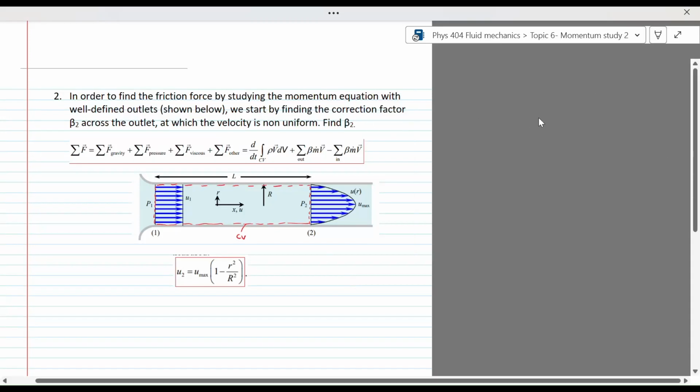In this video, I am studying the same problem that I solved in our previous video on finding the frictional force exerted by the walls of a pipe, but this time I'm using the linear momentum conservation law for well-defined inlets and outlets. Now, to study the linear momentum conservation law with well-defined inlets and outlets, I remind you that